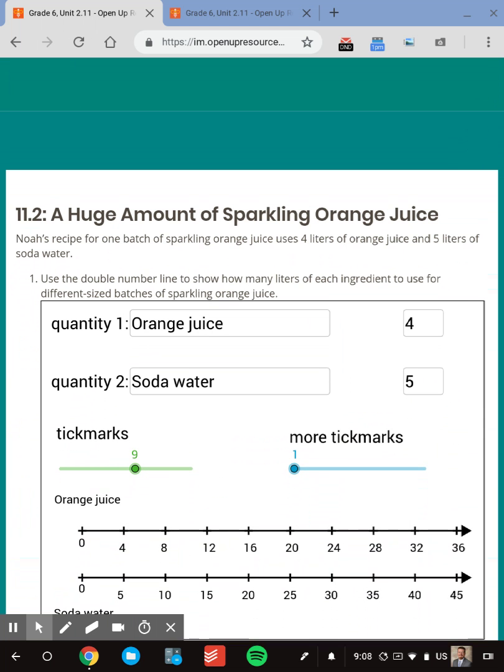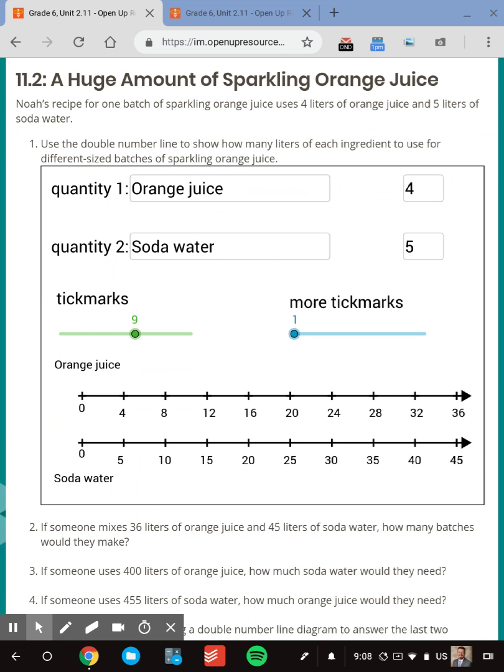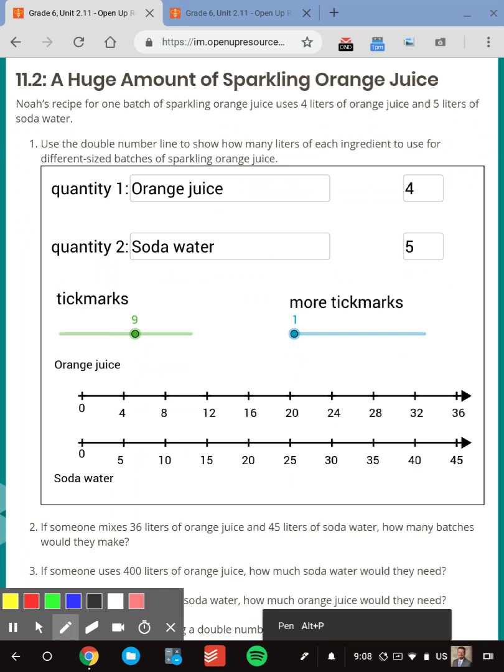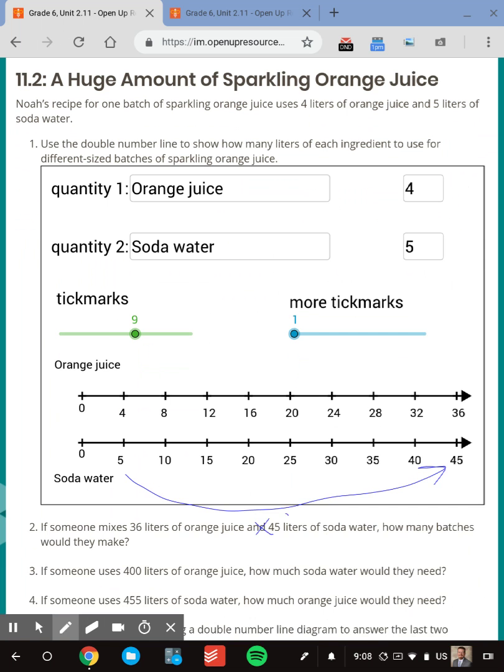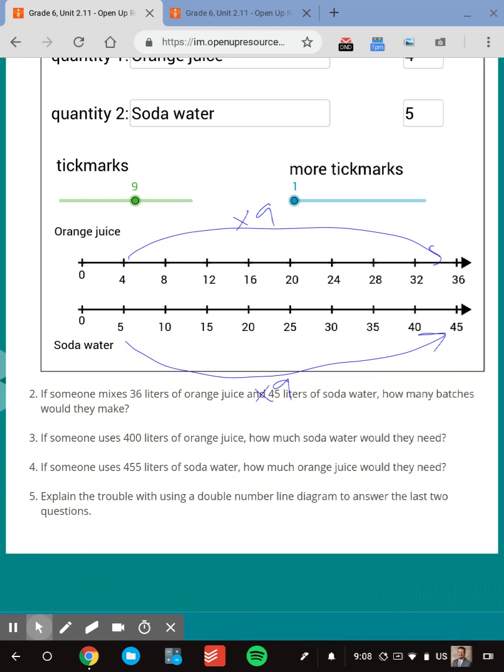So after they do question 1 and they are answering question 2 about if someone mixes 36 liters and 45, how many batches would they make? It may be worth pausing the class to kind of help students understand that if we know things like to get from 5 to 45, that's times 9, then it's the same idea up here because it's an equivalent ratio. And we've said before when we defined equivalent ratios that we multiply both parts by the same amount, that we get an equivalent ratio. So just bringing that back to mind before they answer questions 3 and 4 about 400